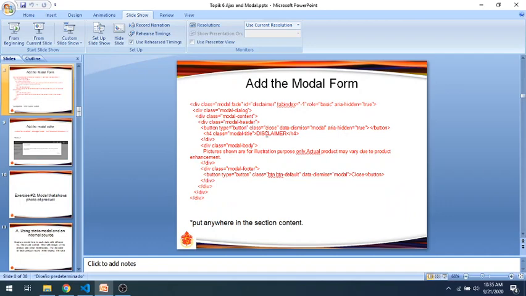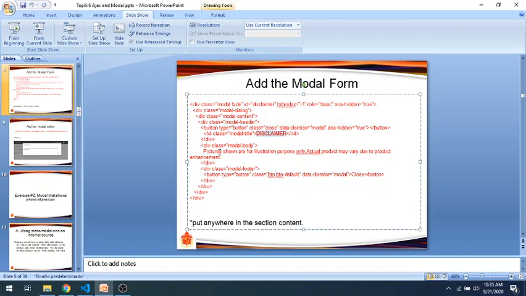There is a modal title here, Disclaimer, and for example like this one, for showing this information to the user. Pictures shown are for illustration purposes only. Actual product may vary due to product enhancement.